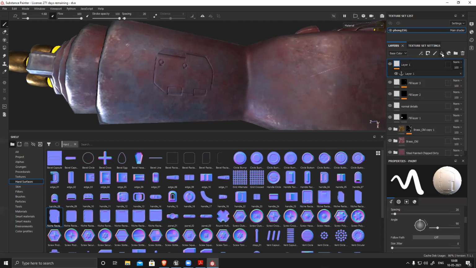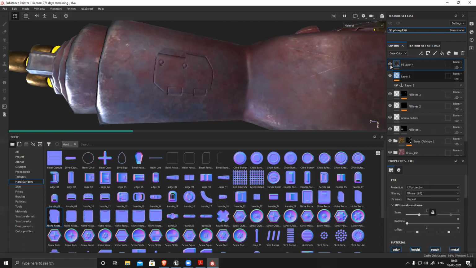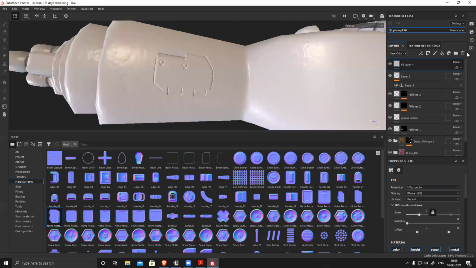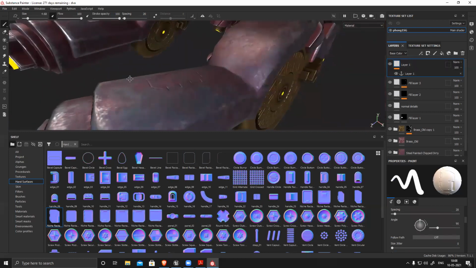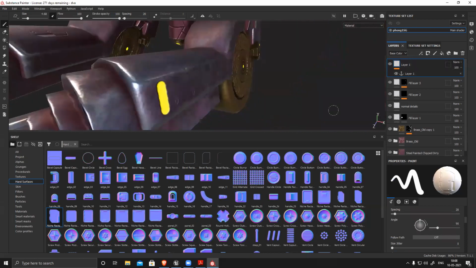So let's see, I'll use the empty layer. Here I can see everything is part of this, but it's not working properly. I want all this edge wear on the corner, you can see this nice edge where I want to generate this.